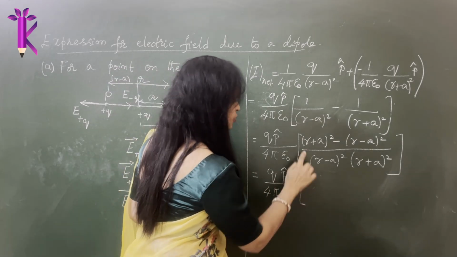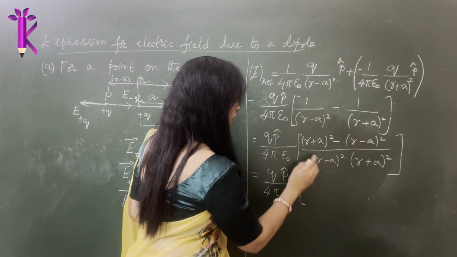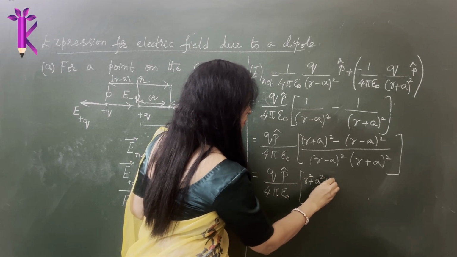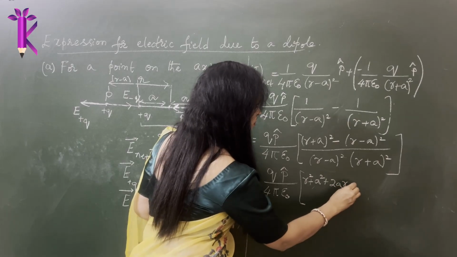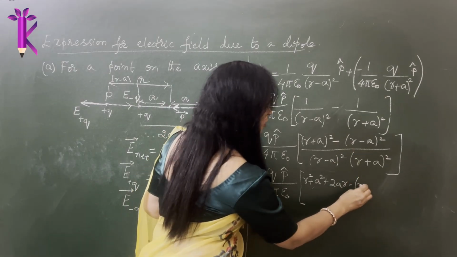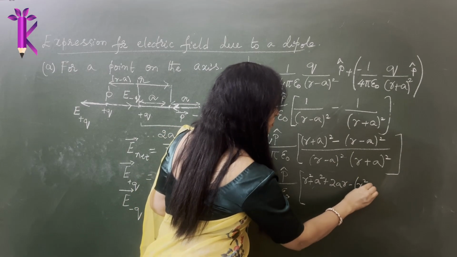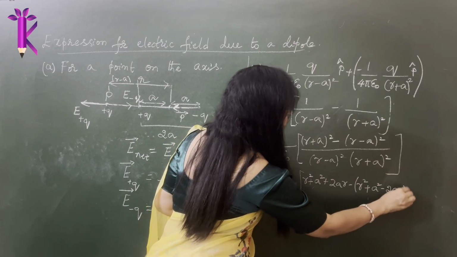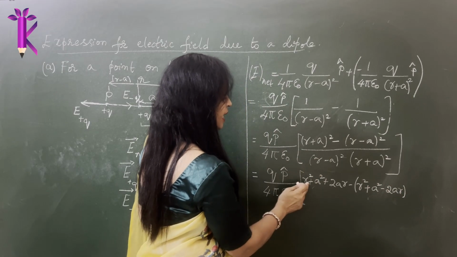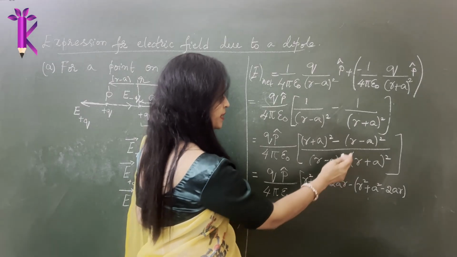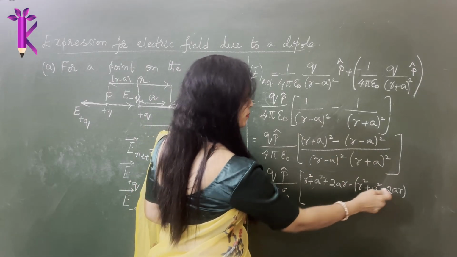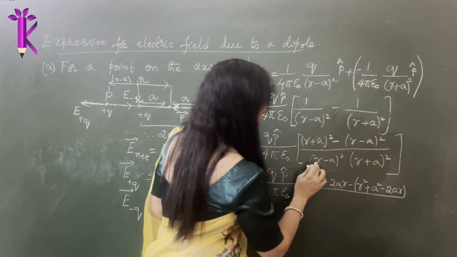So what I am going to do is expand this. (r plus a) whole square is r square plus a square plus 2 into a into r. (r minus a) whole square will be r square plus a square minus 2a into r. This is the (a plus b) whole square formula, a square plus b square plus 2ab. This is the (a minus b) whole square formula, a square plus b square minus 2ab, whole divided by, now this